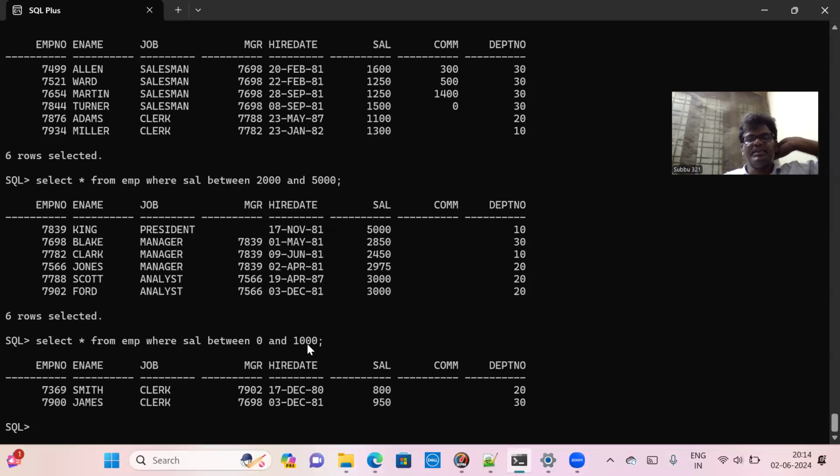We cannot use BETWEEN on string columns, but we can use it on date and number columns. Same way,